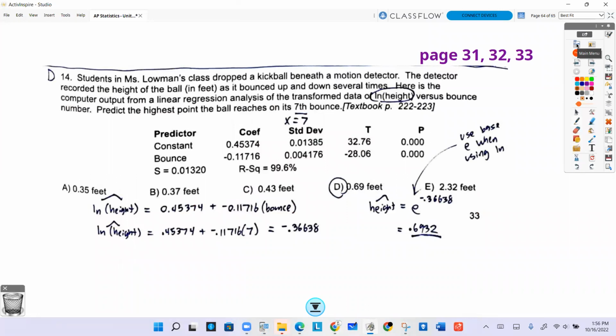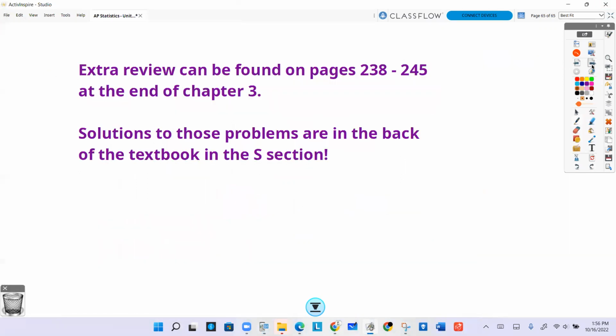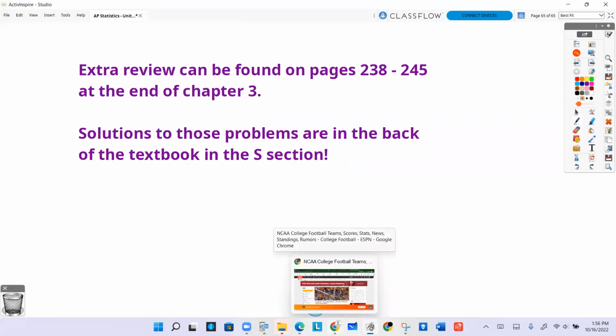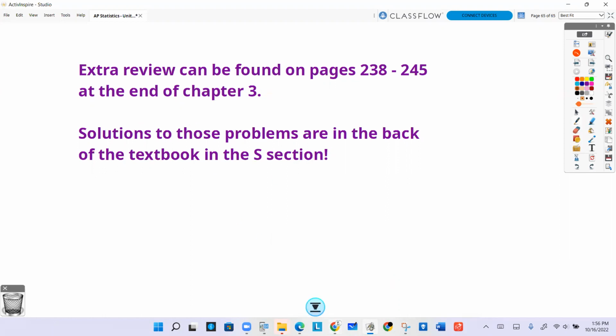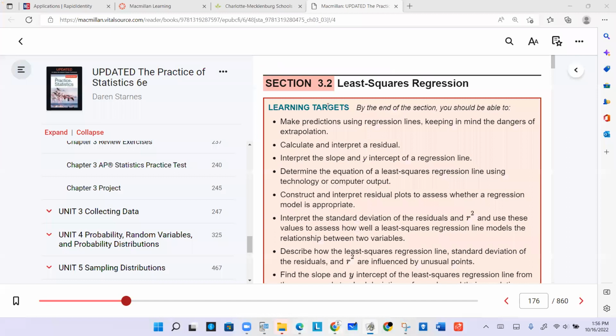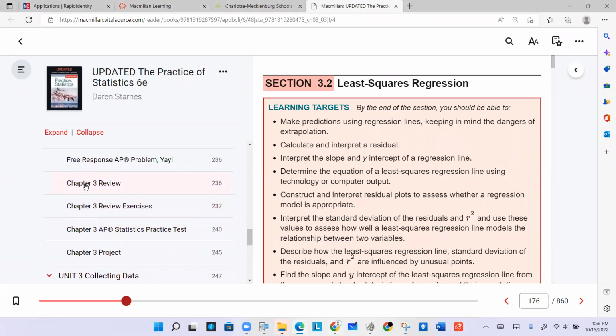All right, guys, if you needed any extra review, you're going to want to pry open your textbook, go to page 238 through 245. You don't have to, it's not required, but it'll just kind of help you get reviewed for the unit. And that's going to be here. If you're going on Sapling, you can find the Unit 3 review on page, let's see,